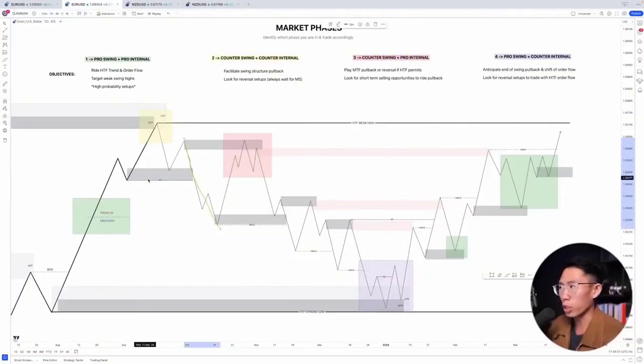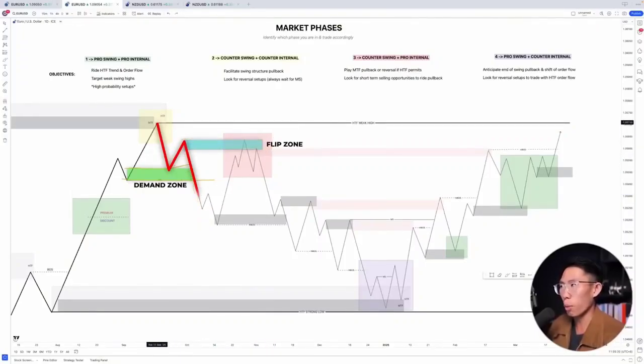Now, when price creates a market shift, gives off that shift of structure, we have a confirmation that price has officially turned bearish. Now that price turned bearish, when price created this market shift, what happened? There was a demand zone right here. Price comes down to this demand zone, created a failed reaction right here. Now when it created this failed reaction, it created a flip zone that we have right here. If this demand zone were to do its job, price was just going to go up even higher. But no, it created a failed reaction, created a lower high right here, giving us our demand to supply flip zone. Now we got our demand to supply flip zone right there,